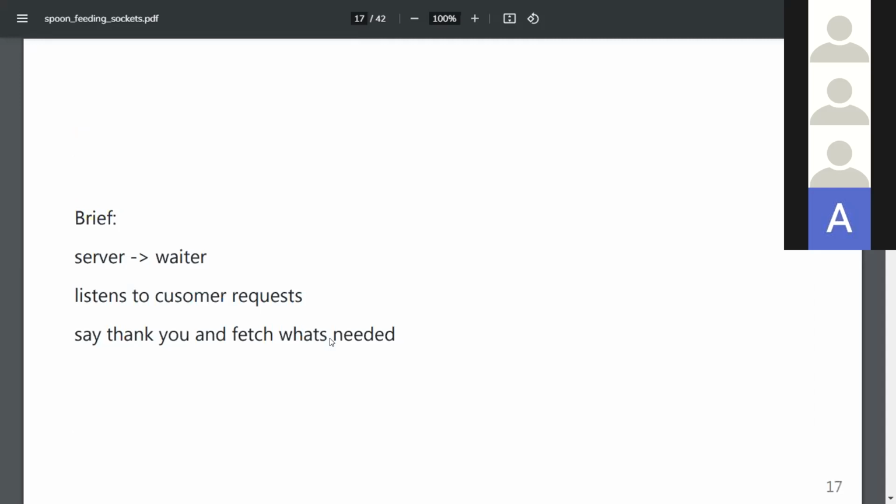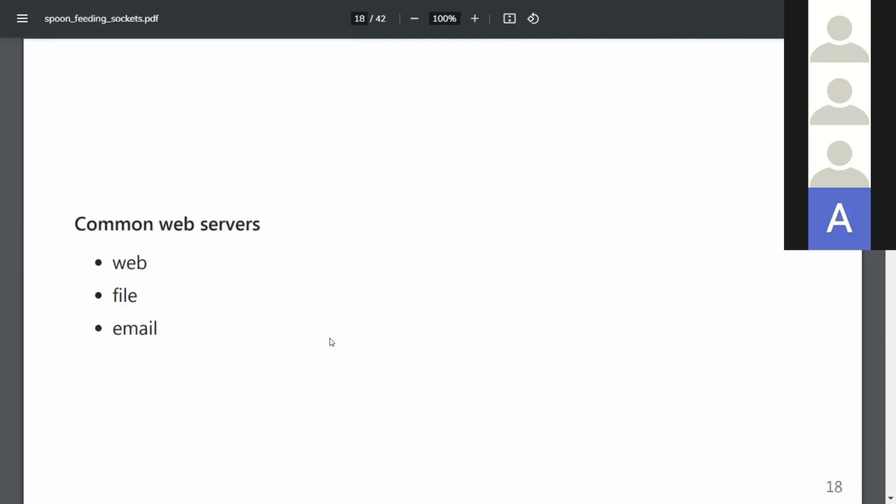Really simple. So maybe if someone is a complete beginner and we had to explain to him what a server is, maybe it's like a waiter who listens to orders, to customer requests, and then when he has the request, he sees what to do with it. If the customer orders some food, he can propose some drink, or he can right away order the food. So a server is like that, basically just listening.